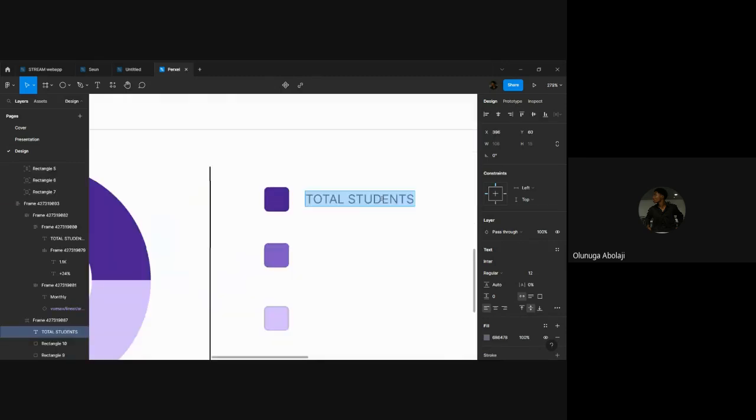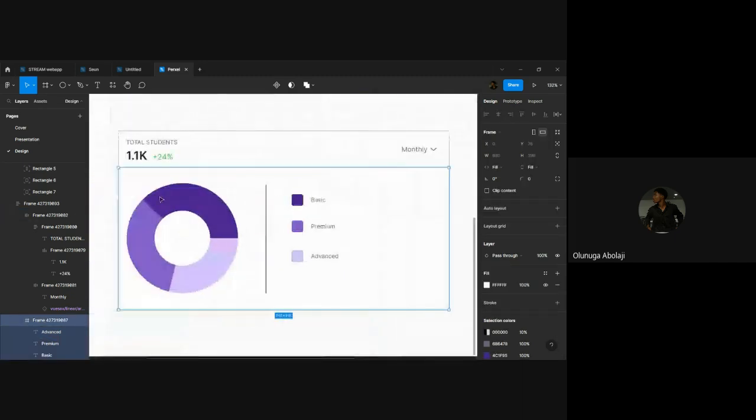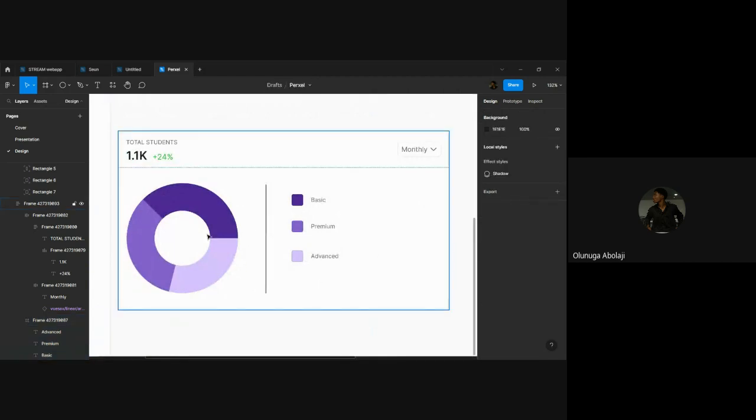Which one comes for our basic plan, premium plan, and advanced plan. Yeah, and I can't just leave it like this because I have to inform the users,